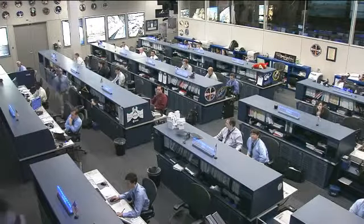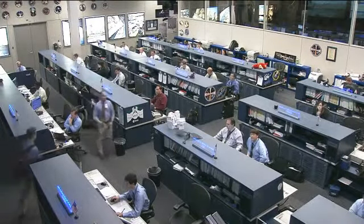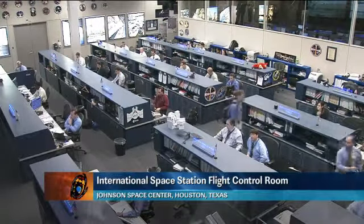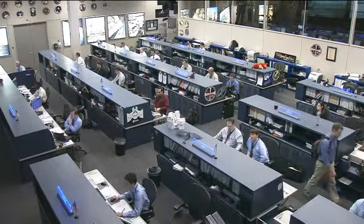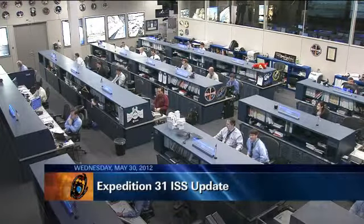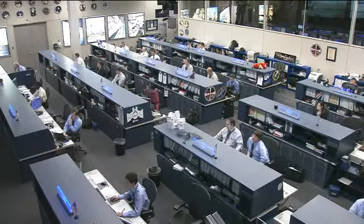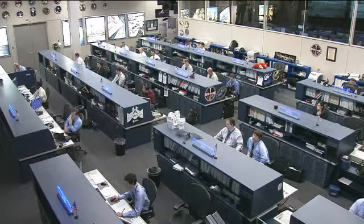This is Mission Control Houston. Welcome today to the International Space Station Flight Control Room, where the team of experts is watching over the systems for the International Space Station as the crew aboard the station, Expedition 31 Commander Oleg Kononenko and his fellow Russians